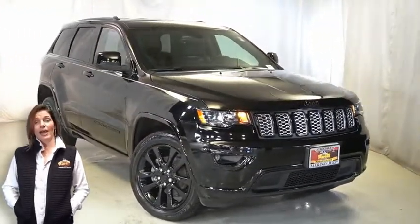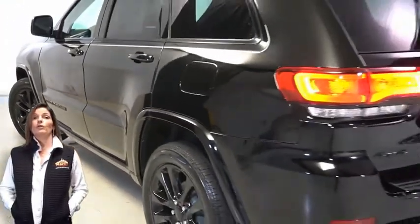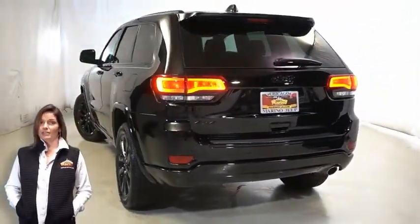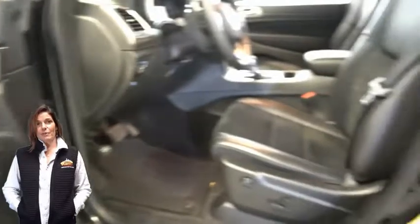With halogen quad headlamps, gloss black Jeep badging, 20-inch aluminum wheels, rear fascia with gloss black step pad, black lens tail lamps, heated front seats, heated steering wheel, 13,000 miles on the odometer,